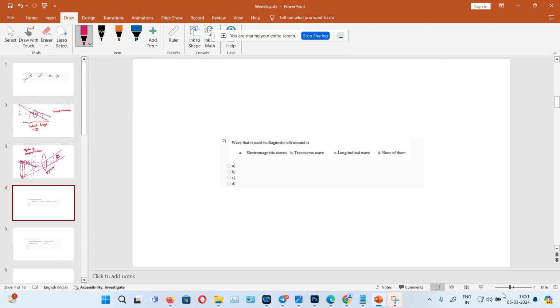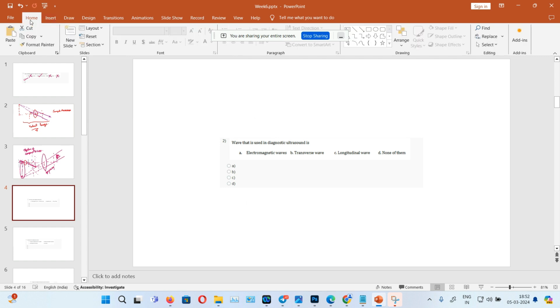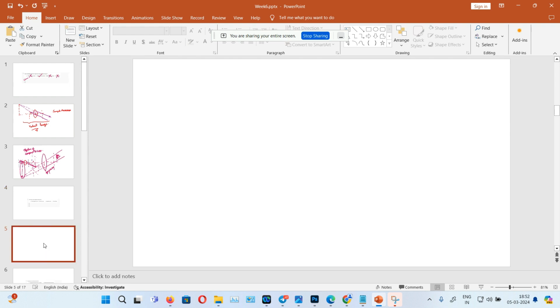So now we will see. Electromagnetic waves: what are electromagnetic waves? Electromagnetic waves are waves that arise because of the oscillation of electric field and magnetic field. Now see what is in the electromagnetic spectrum. There is a big, entire spectrum consisting of electromagnetic waves. In increasing order of frequency, you will have radio waves,